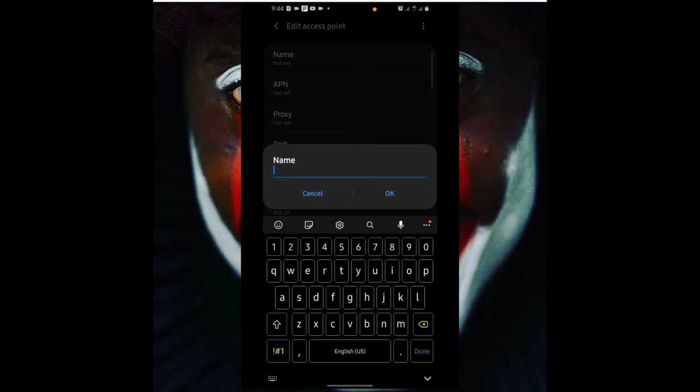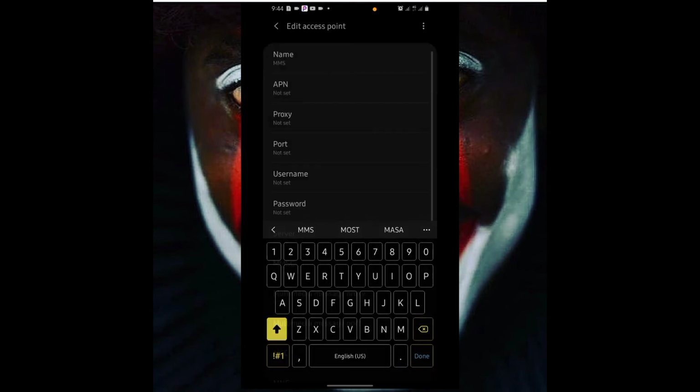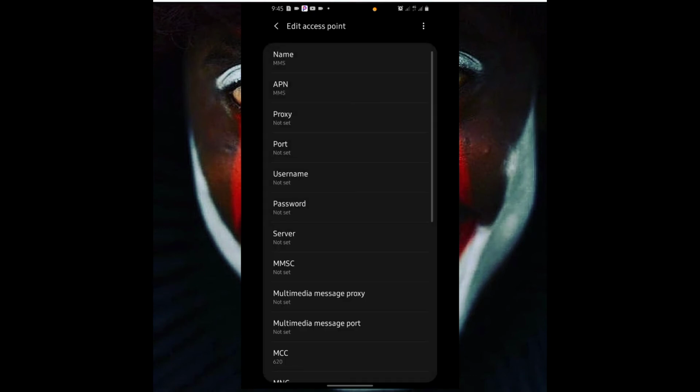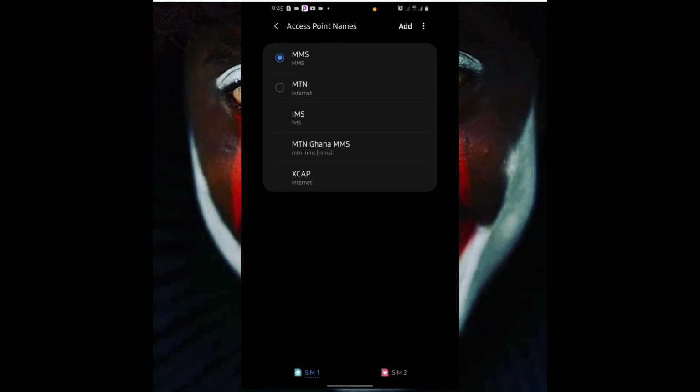Then for the name, you type MMS in caps. MMS, capital letters. You come here to APN, that one, and you type MMS in caps, capital letters. After that, you click on the three dots here. You save it. After saving, you come back, then you click on MMS to make sure that it has been set over there. Okay, MMS. And then go back